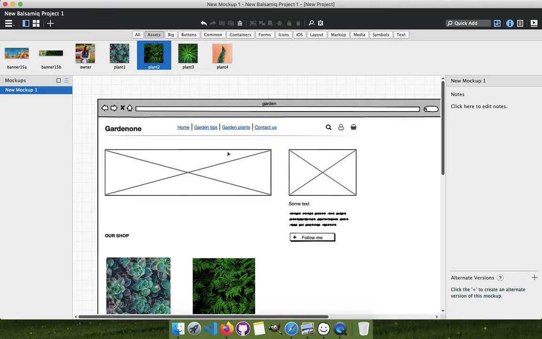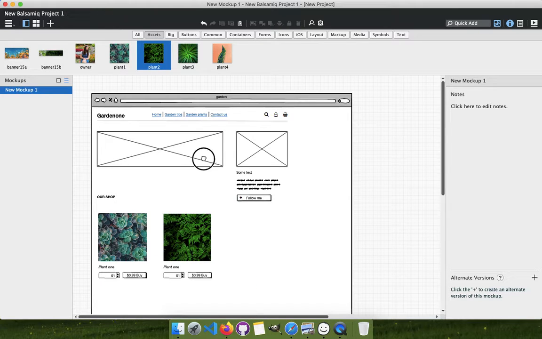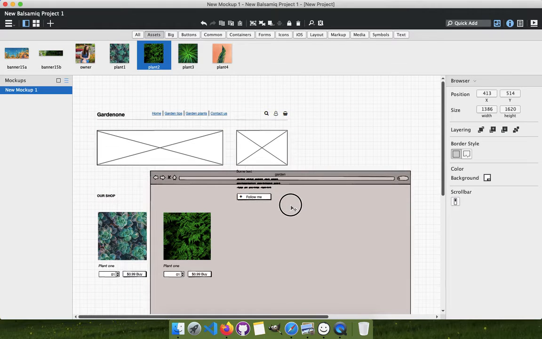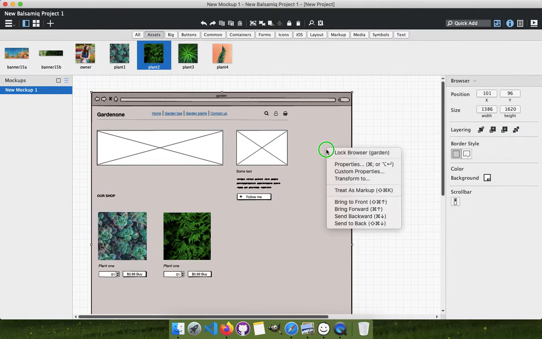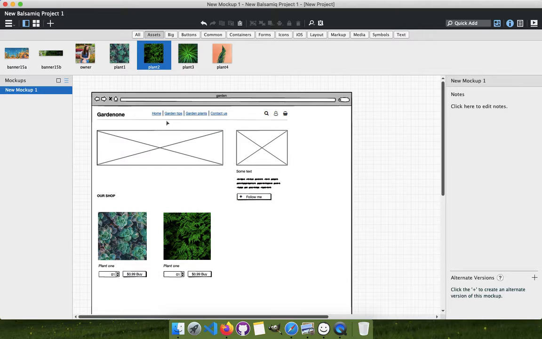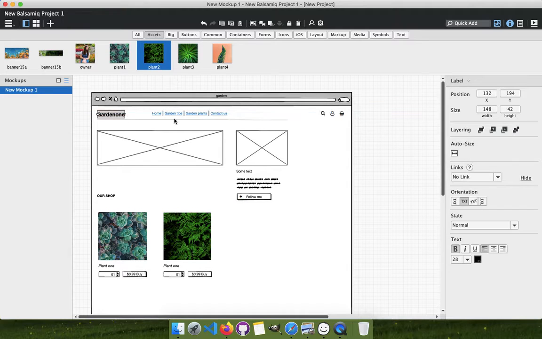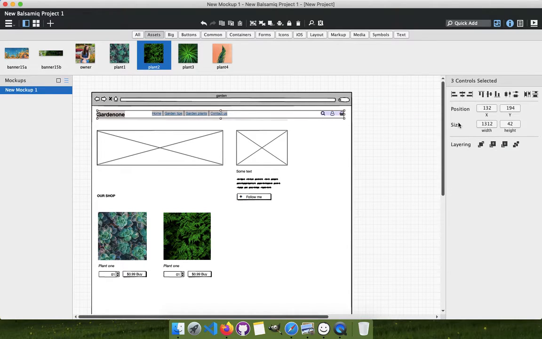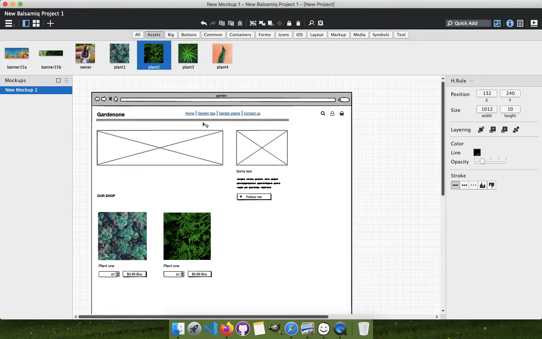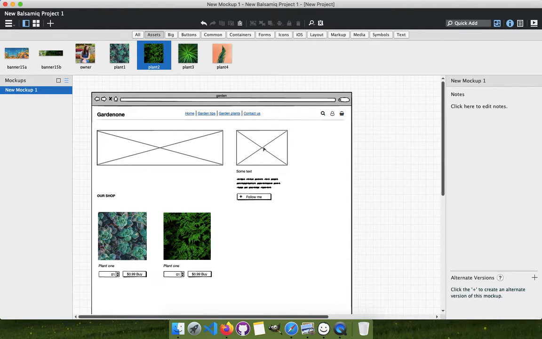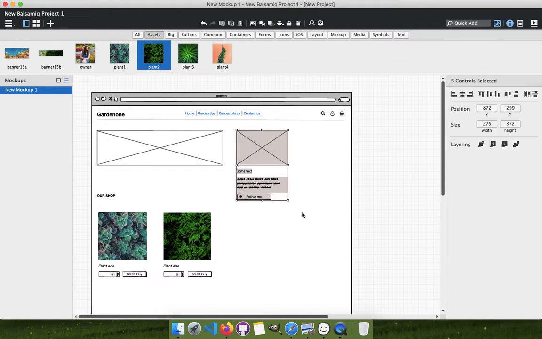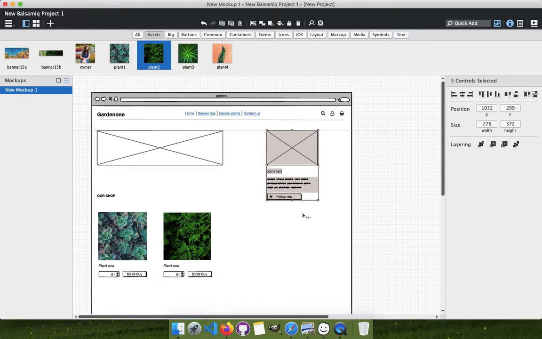Now we need to expand these things once again. These things are not spaced well, and now, no, first this browser needs to be locked, and now this thing needs to be taken to the extreme edge over here. I think that makes sense. Now these things, when you press this, will be spaced nicely. Now this horizontal divider should be expanded as well. That's fine. Now this thing should be taken to the extreme right edge,